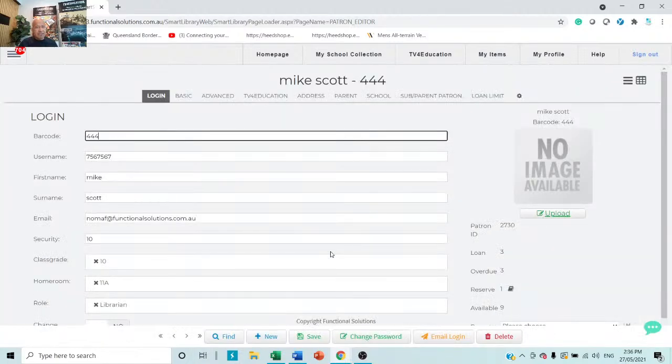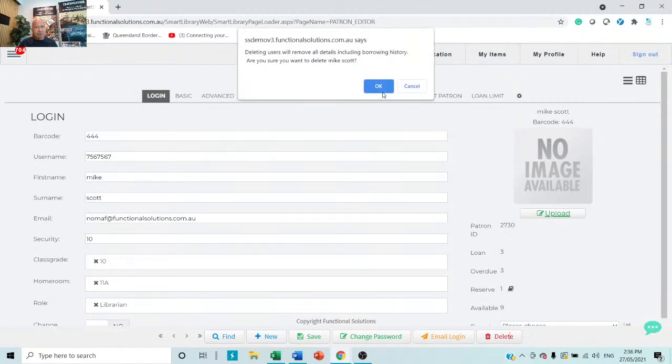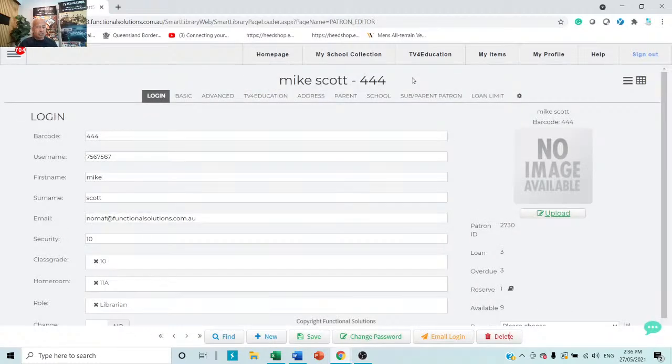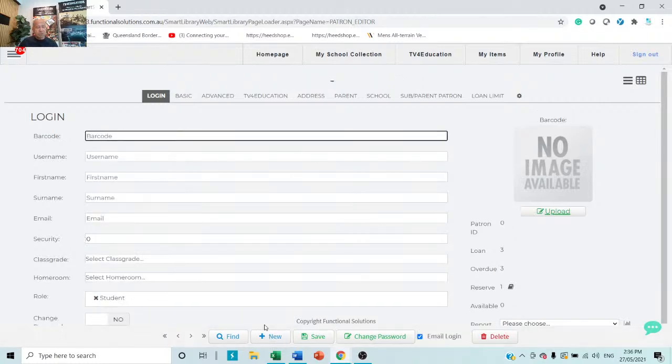Okay. And then you can go delete if you want to delete him. It says, are you sure? And I go, yes. And of course, if he's got loans, it will not allow you to delete it. You've got to get his loans back in, or at least flag them as lost, and then you can delete him. Okay, so if you want to add a new patron, just go new, give him a number, a barcode,